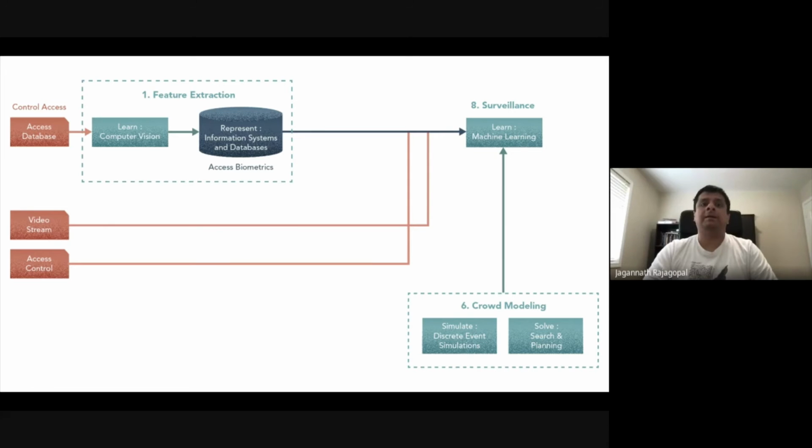When you walk into a building to get your picture ID taken, it's done with you facing the camera directly in perfect lighting conditions. So the quality of the features in those images is going to be high, whether it's just machine learning based or morphometric. The same cannot be said of what you find in surveillance.